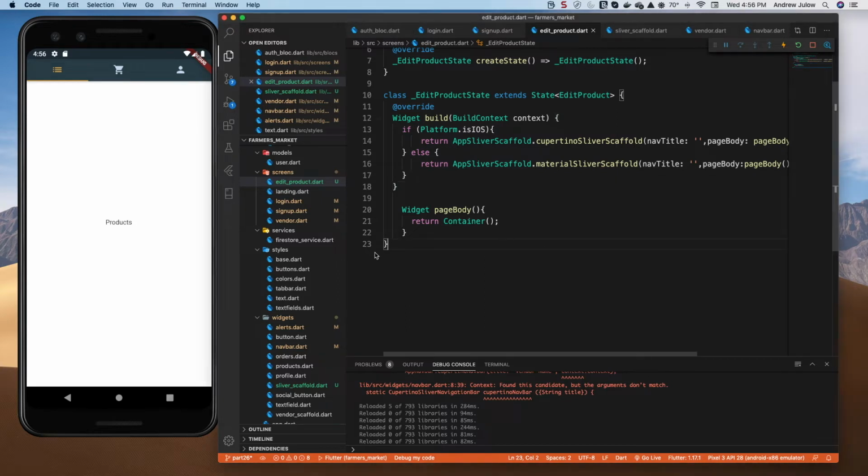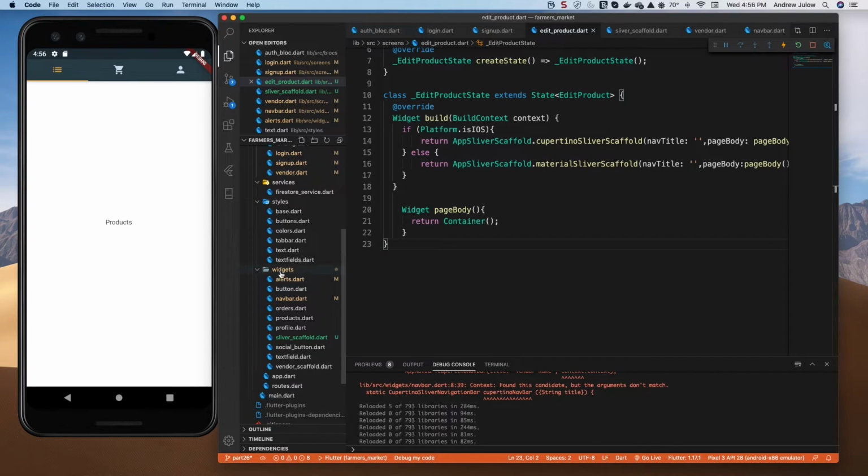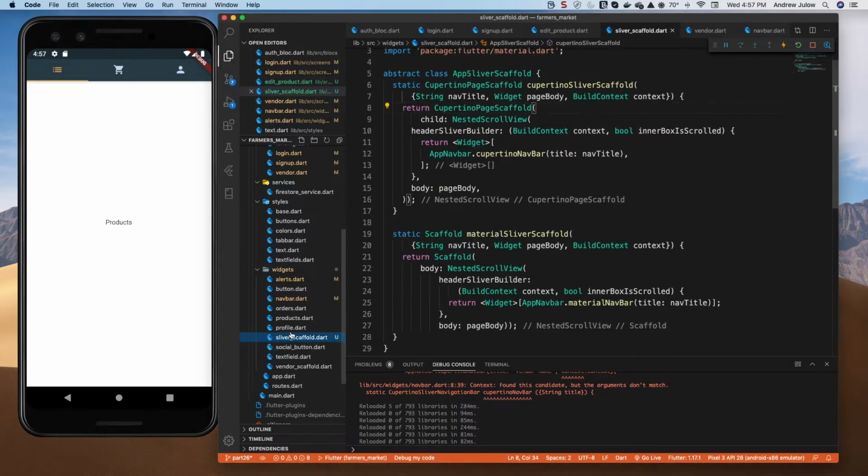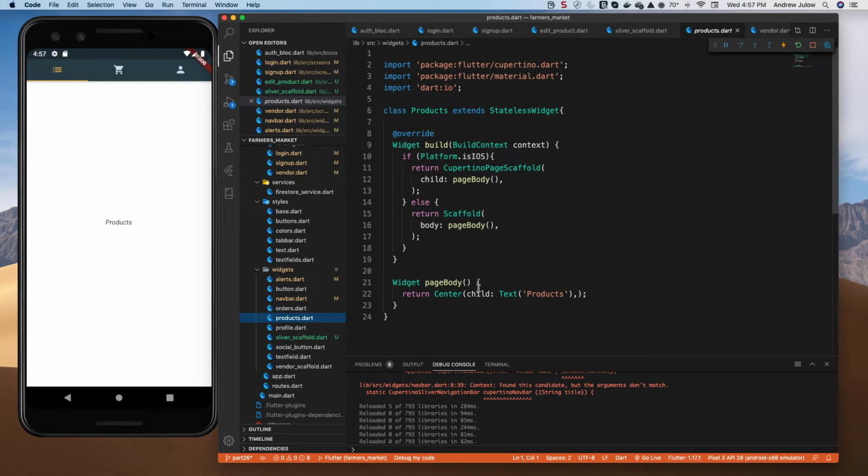All right, so if we've done everything right, we should be at least able to push this route onto the stack and get to it, even though it's just going to have a blank container on it. And so let's do that. Let's go to our products widget. It's in widgets, it's in products, and this is what we see when we click the products tab in our app. So it's here, and it's just a